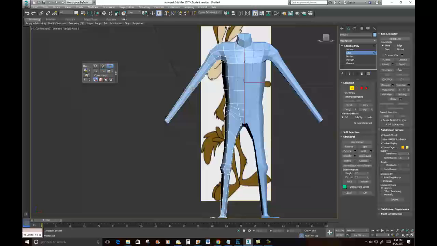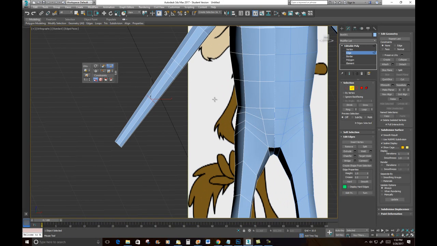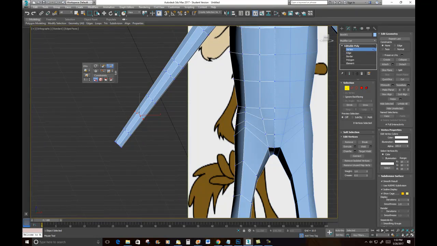And I want to put a Swift loop right about there for my elbow. And I want to put one just above where the elbow is. And let's put one just below where the elbow is. And we'll do one here too. Well, as we get down towards the wrist, we'll put one here and maybe one there. So when I look at this shape,